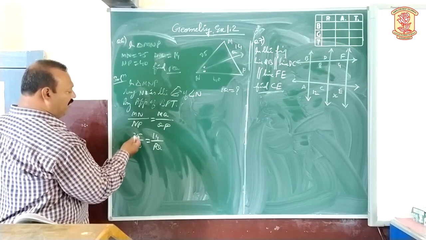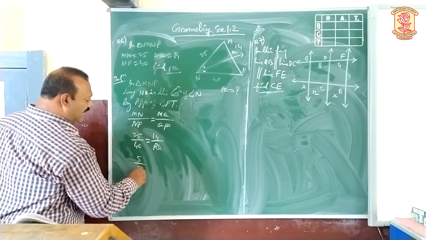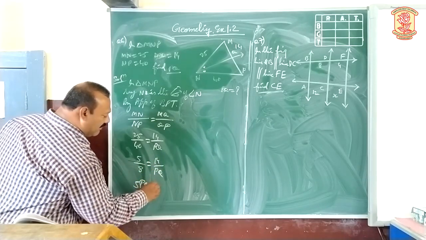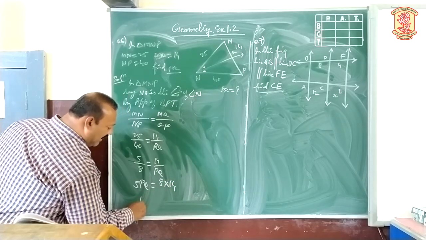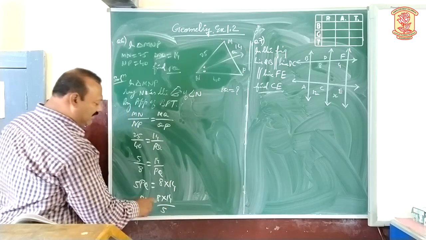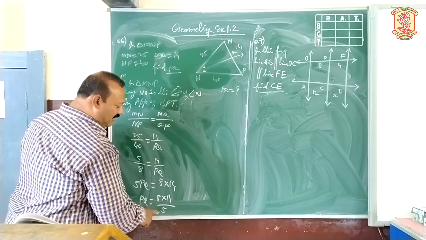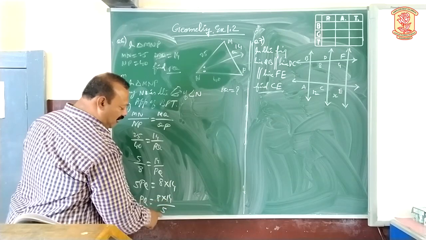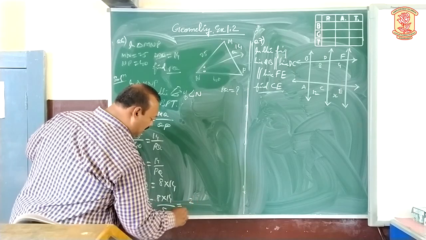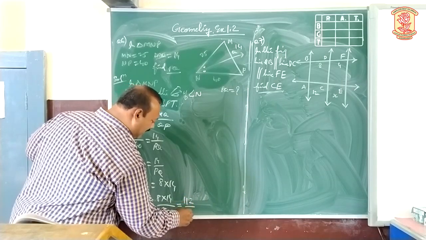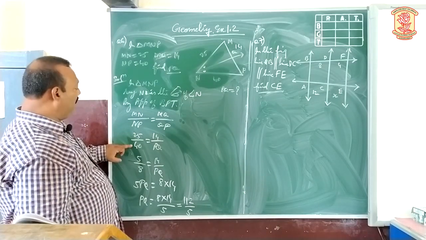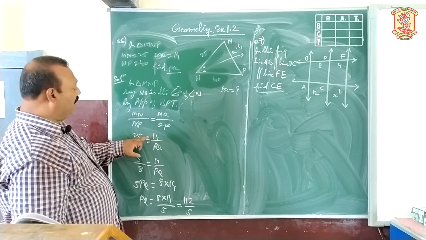Now make a cross, so you can reduce it here only. 5 fives are 25, 5 eights are 40. Again 14 upon PQ. Now 5 PQ equals 8 into 14. Value of PQ equals 8 into 14 divided by 5. Here it is not possible to cancel; 8 cannot be cancelled with 5, and 14 also cannot be cancelled by 5. Multiply both of them: 8 fours are 32, 8 ones are 8, so 112 divided by 5. 25 upon 40 equals 14 upon PQ.